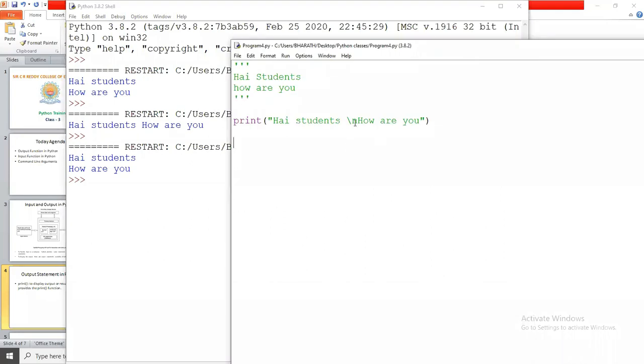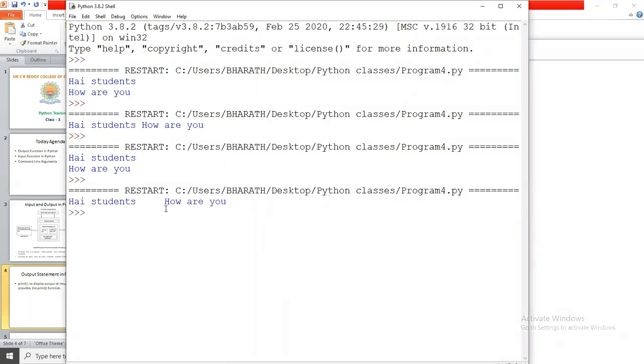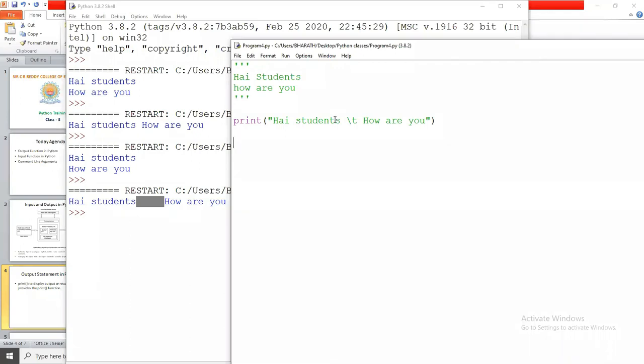If I give backslash t, now it prints the output with one tab between hi students and how are you. This is a very important concept when you write programs: you can print the exact output.